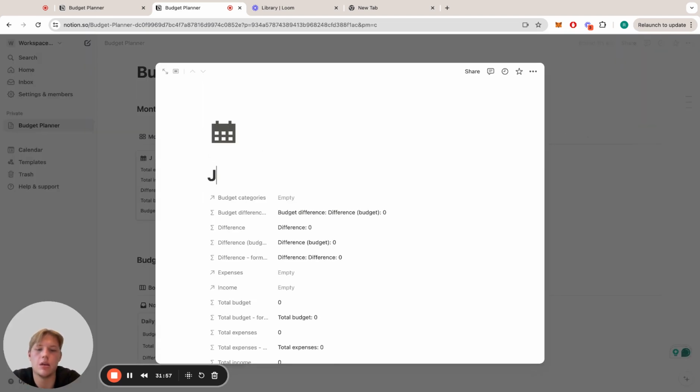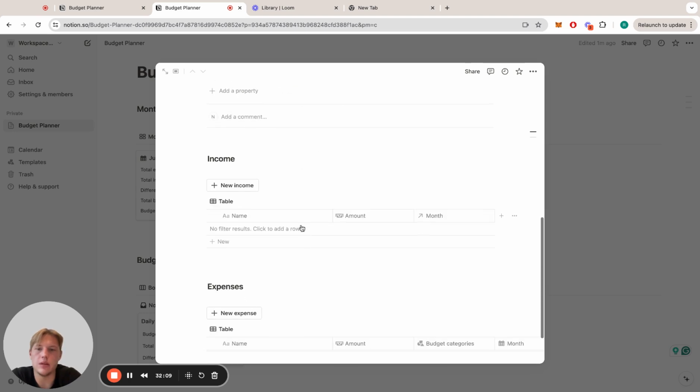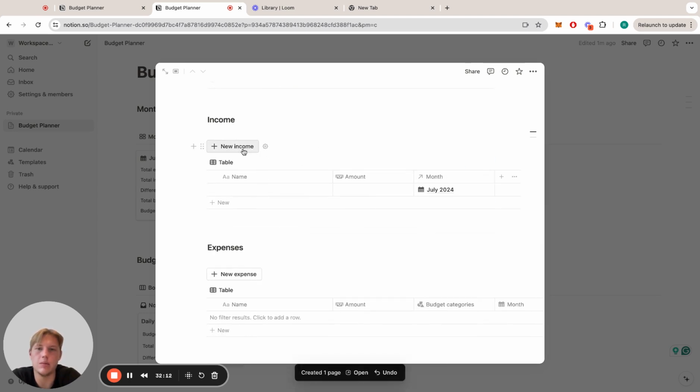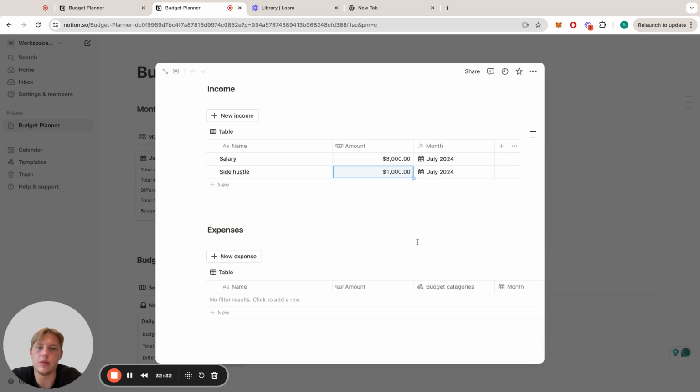Let's say July 2024, and it is current year, and we can add new income, salary, let's say 3,000, side hustle, 1,000, 100,000, whatever. And for expenses,